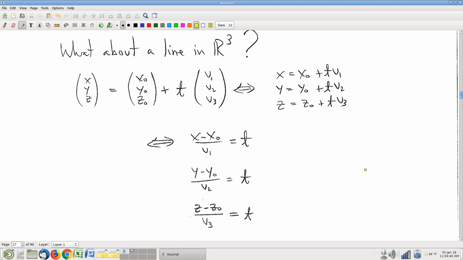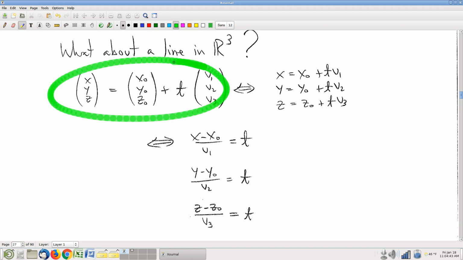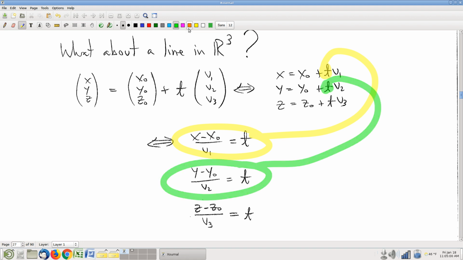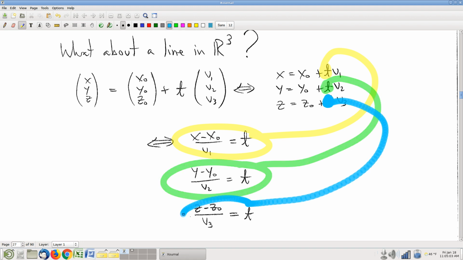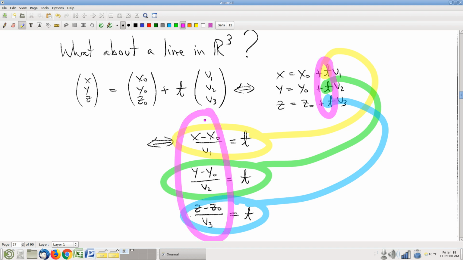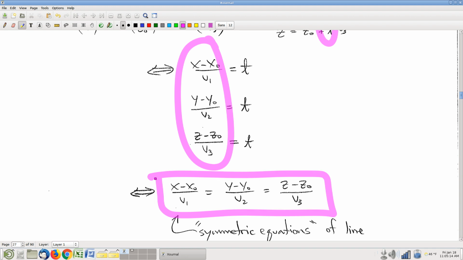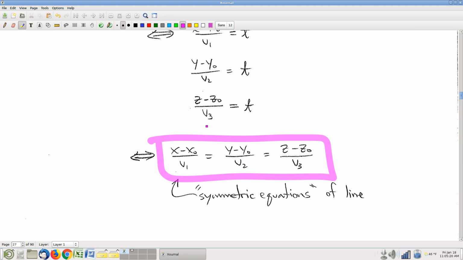Okay, so similarly, in 3 dimensions. Here's a parameterization of a line in 3 dimensions. There it is in coordinates. Multiply it out. We need to have a value of t that gets the right x coordinate, gets the right y coordinate, and gets the right z coordinate, and we need all of these to be the same value of t. Therefore, we need these to all be the same, and therefore, here's the test. If you'd like to know whether a given point is on a given parameterization,